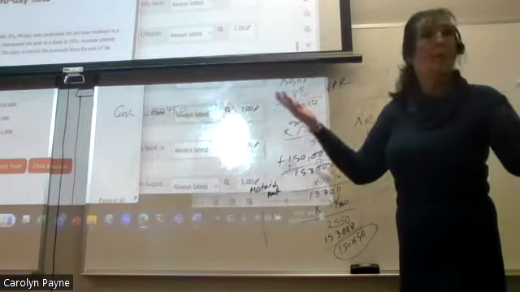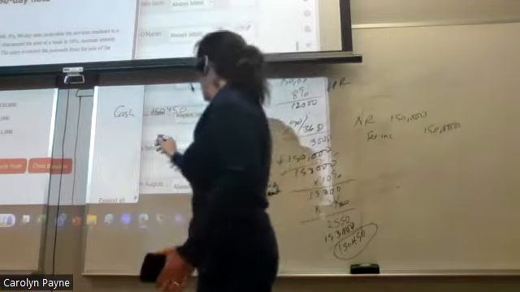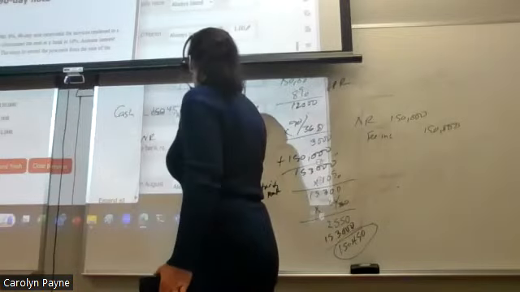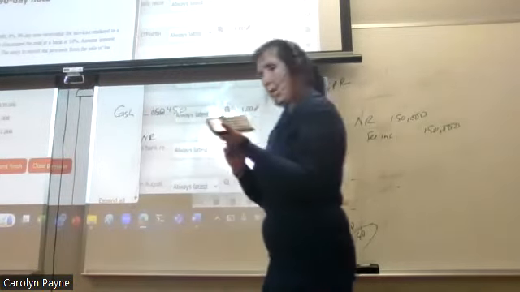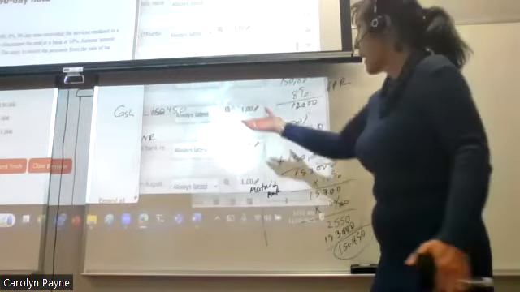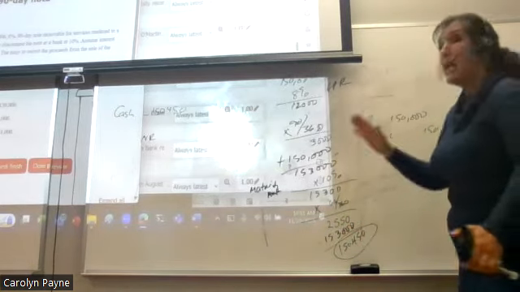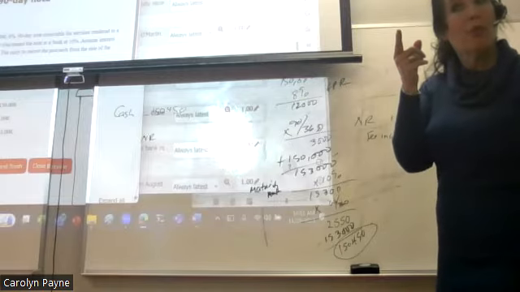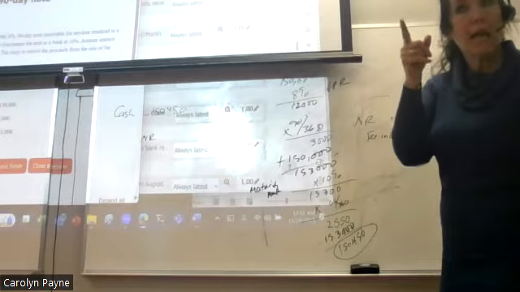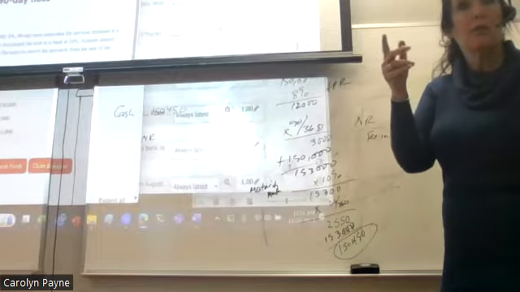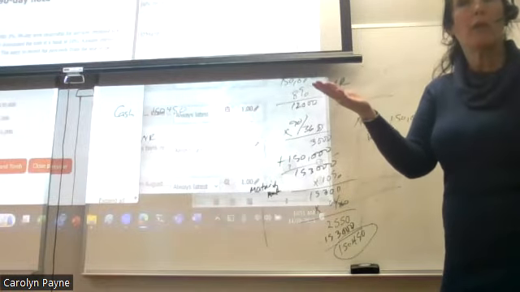I'm going to credit notes receivable because I sold the note, right? So note receivable, credit 150,000, because I got money at the bank. The bank wrote me a check for this, so I know that so far. All right. Then don't forget, I've earned some money, right? Anytime I earn money, what am I going to do? Credit